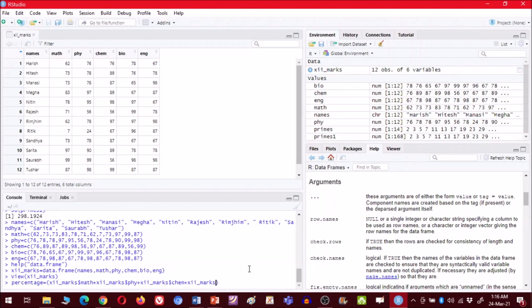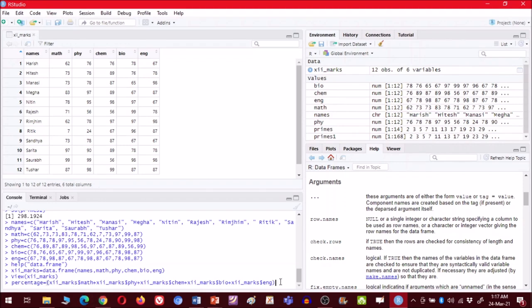12th marks, dollar, and we will have this bio. I have made this p small for convenience only. You can keep it capital also, so don't think that you have to keep it small letters only. Now bio, and then last is 12th marks, plus, then dollar symbol and English. So whenever you are using some file, if you are using some column, you will have to write the name of the file, then the dollar symbol, and after that the column that you want to consider. This is how you have to use this.